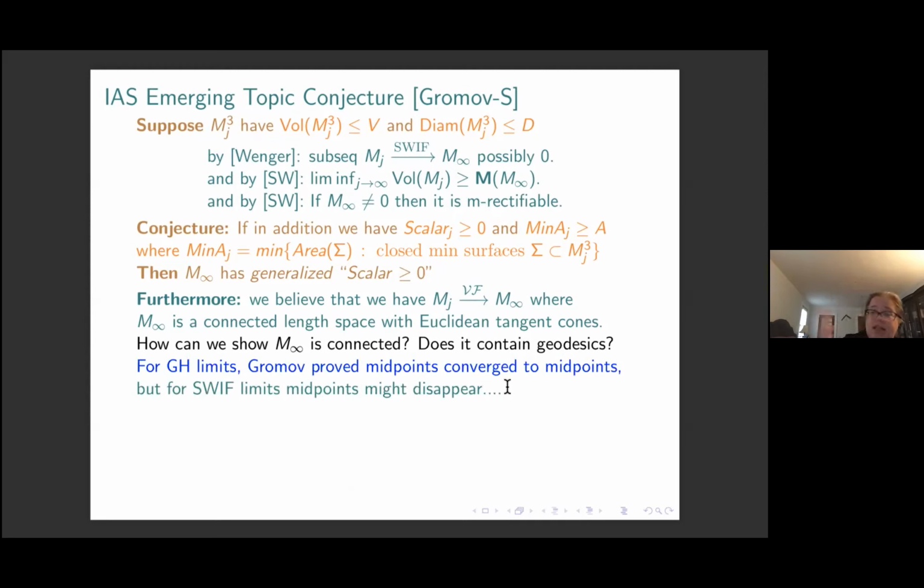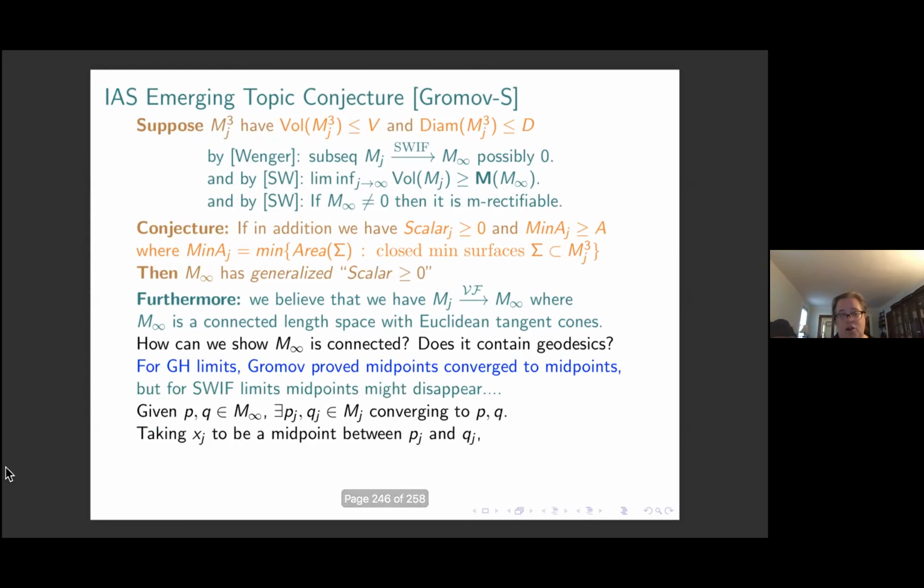And what we're saying in this conjecture is that scalar curvature and min A combined will prevent midpoints from disappearing if they're the midpoints of points that don't disappear. So given P and Q in M infinity, we know there are points P_j and Q_j that converge to P and Q. We understand that notion. And now taking X_j to be the midpoint between P_j and Q_j,